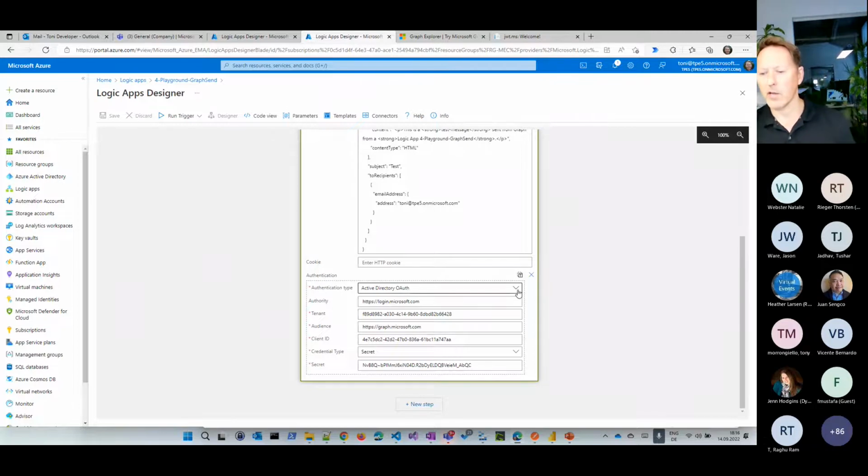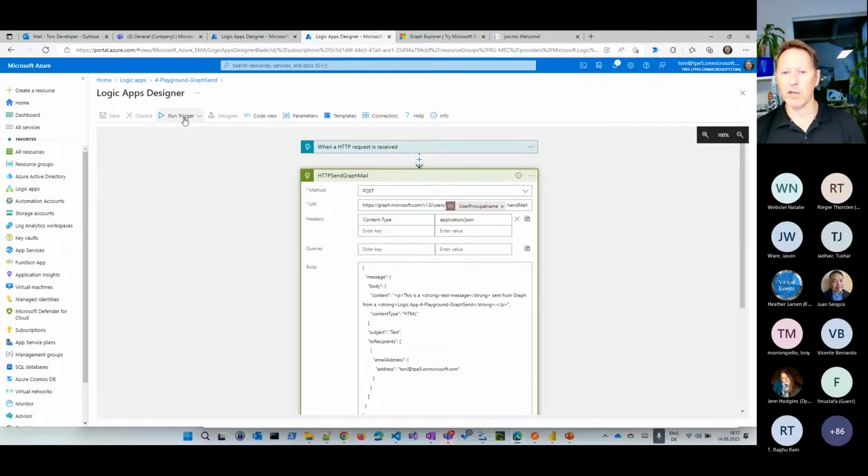So here I'm saying the authority who issued the token is login.microsoft.com. The tenant ID is this one. And here you can see the audience. I want to access Microsoft Graph with that here. This is my application ID and this is my secret. Of course, that secret, if you really use it in that way, should always come from a key vault. And you can use managed identity to access the key vault in that process, but just to show you how you can access that here.